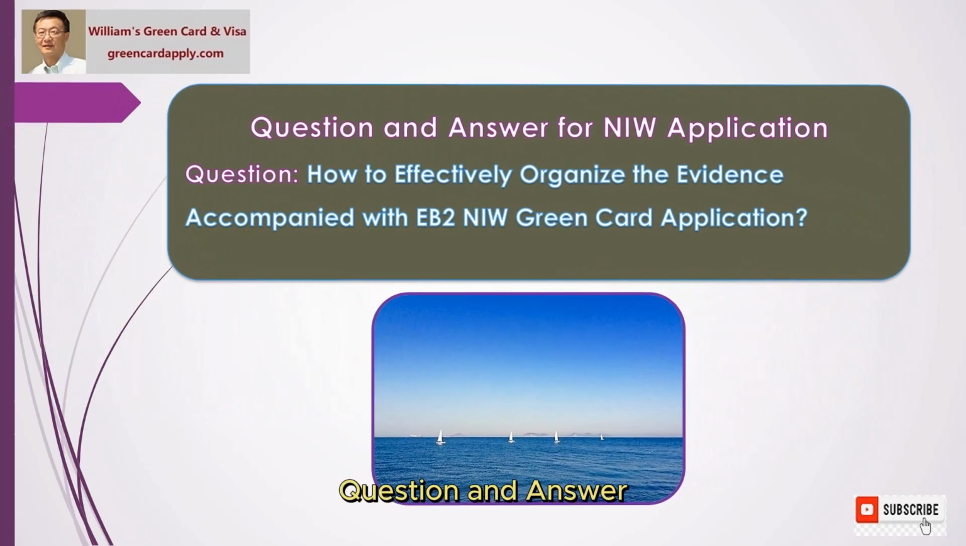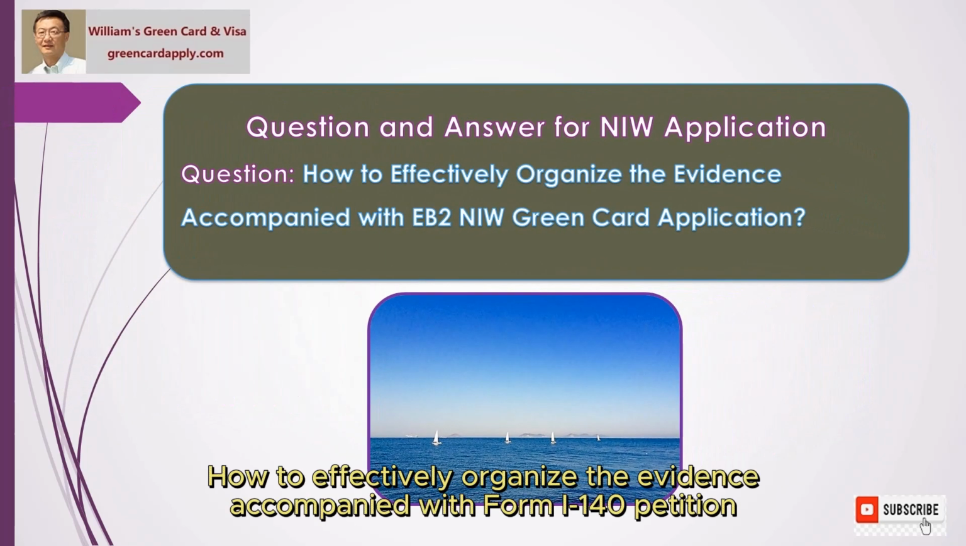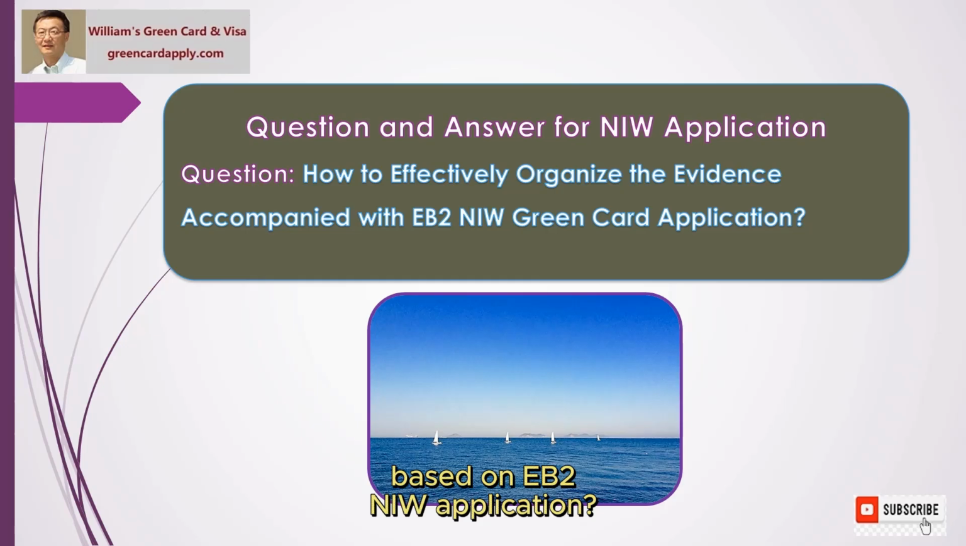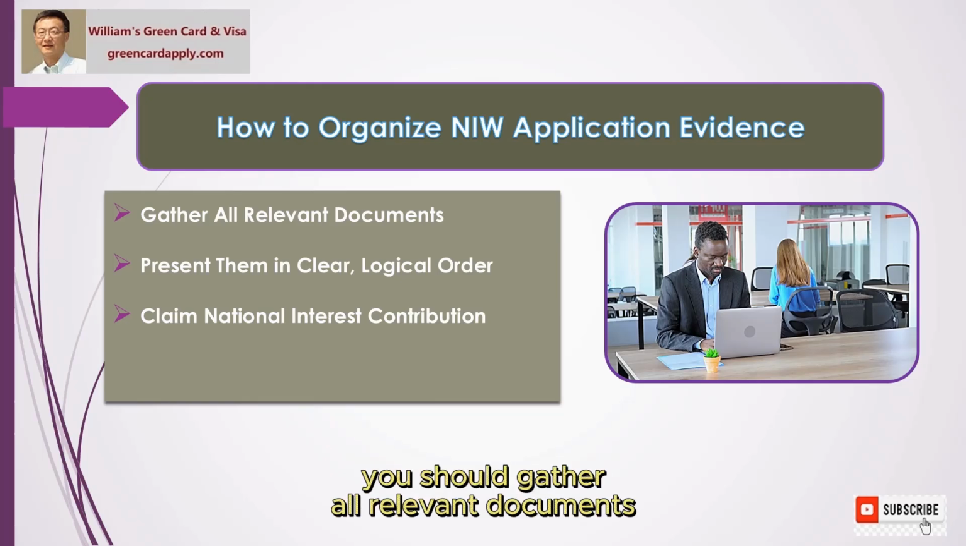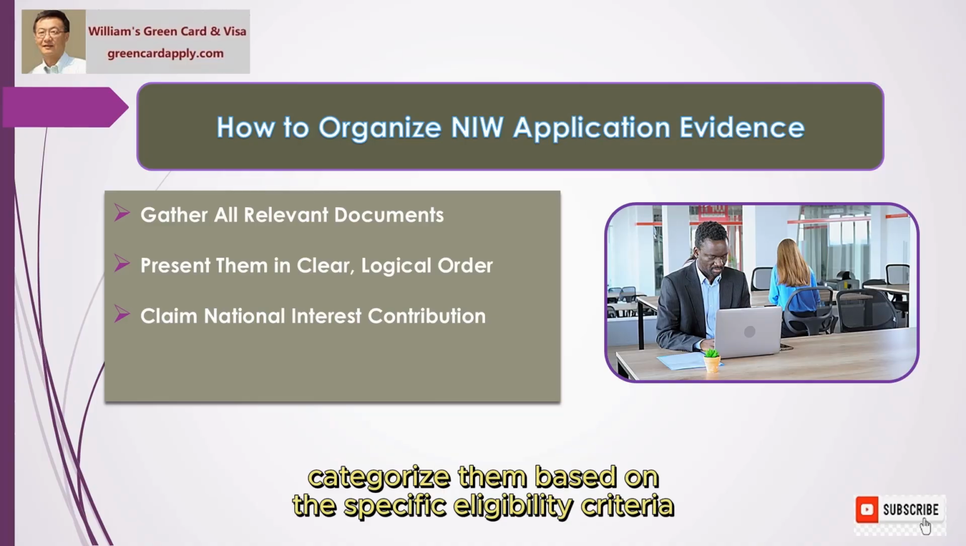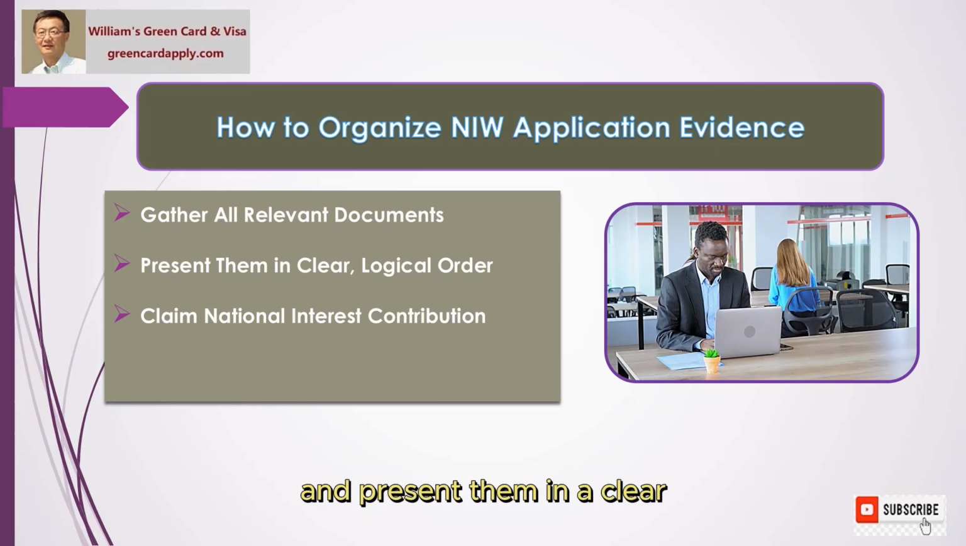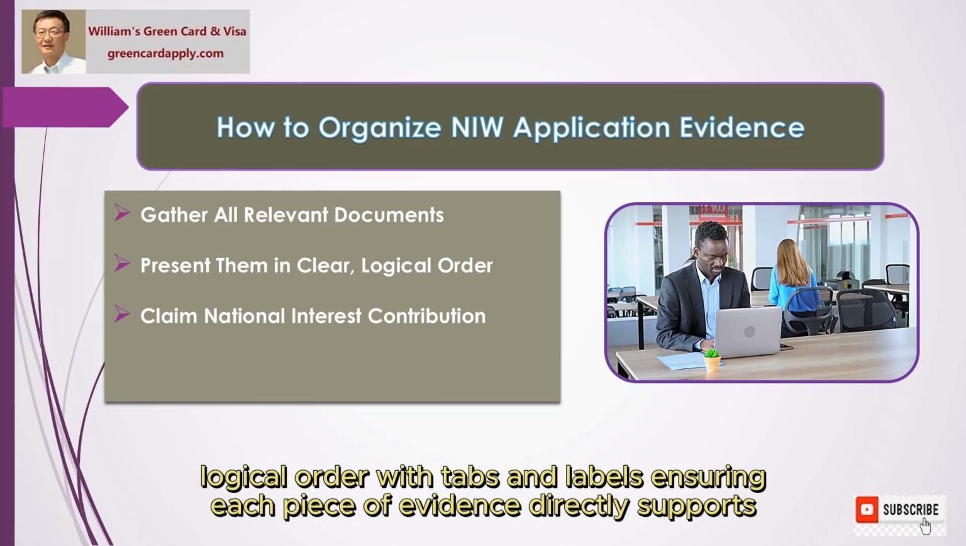Question and answer. Question: how to effectively organize the evidence accompanied with Form I-140 petition based on EB2 NIW application. To organize evidence for an NIW, National Interest Waiver, application, you should gather all relevant documents, categorize them based on the specific eligibility criteria, and present them in a clear, logical order with tabs and labels, ensuring each piece of